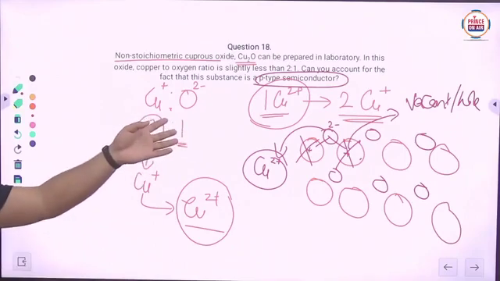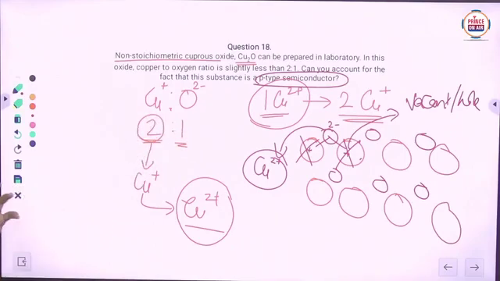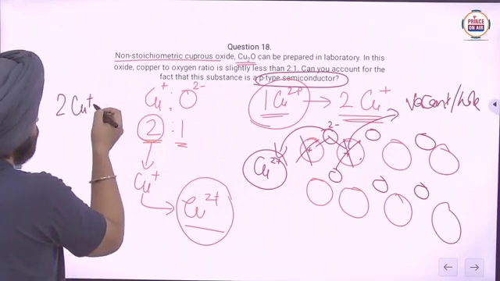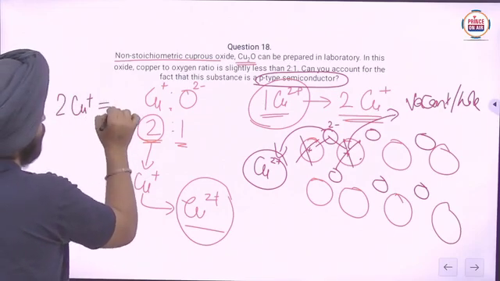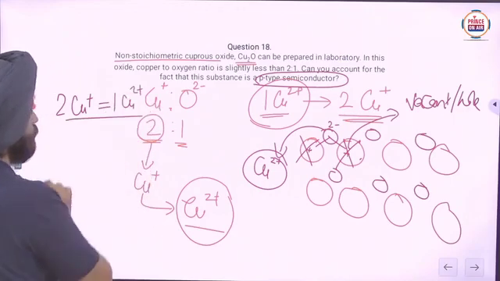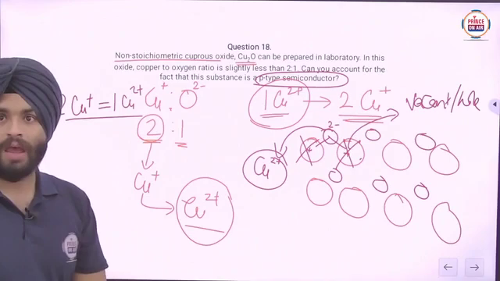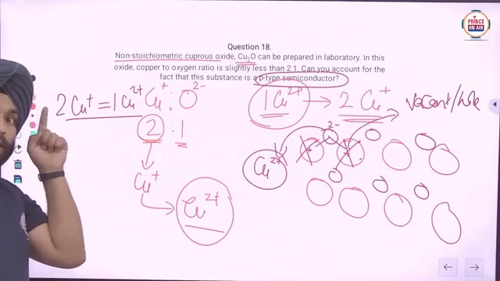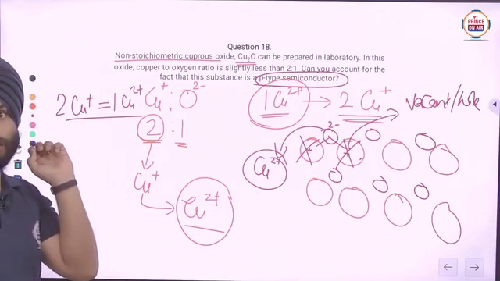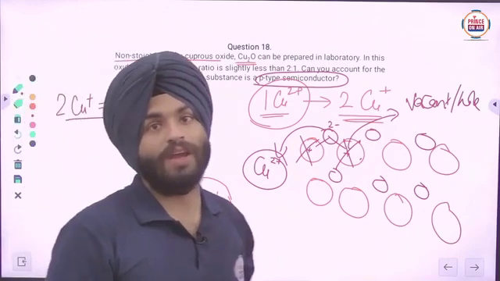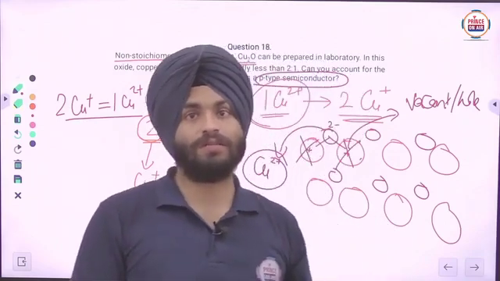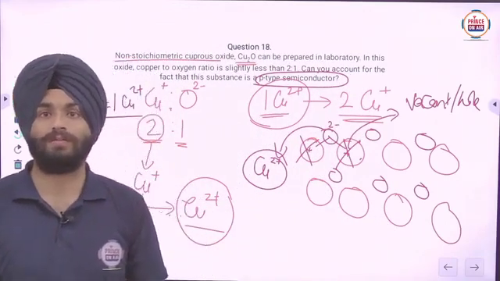Okay, now clear? So how can you explain this? Here you can say that copper 1 positive ions are lesser, and two copper 1 positive ions are just balanced with one copper 2 positive ion. In that way one copper 2 positive ion will occupy one of the copper 1 positive positions, and another position will be vacant, which creates the hole. And if a hole is generated, then that type of semiconductor is considered a p type semiconductor.